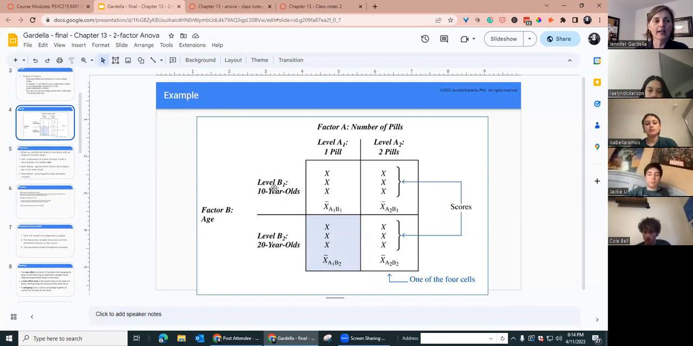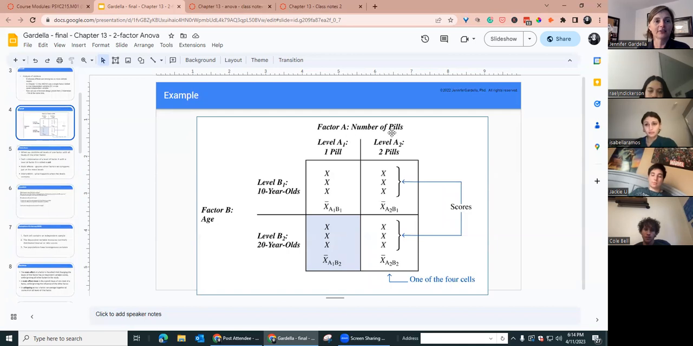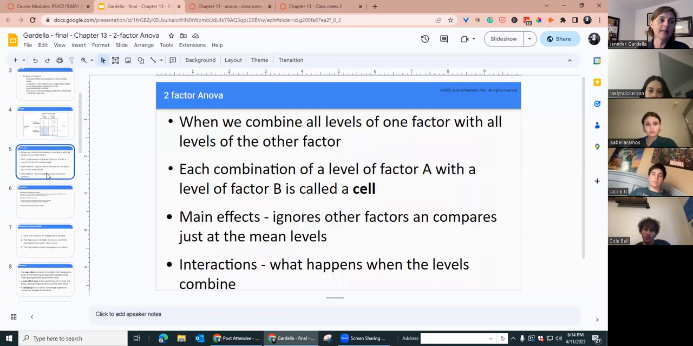We are evaluating whether this level, the 10-year-olds, react differently with 1 pill or 2 pills. We are evaluating level A. How do the 10-year-olds compare to the 20-year-olds? So that's the other factor. These are called factors. Factor A here is number of pills. Factor B is age. So each combination we have cells,